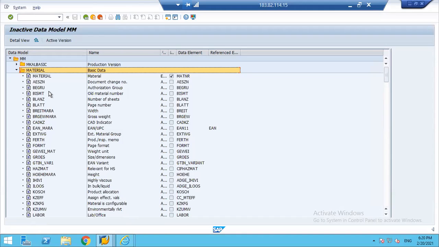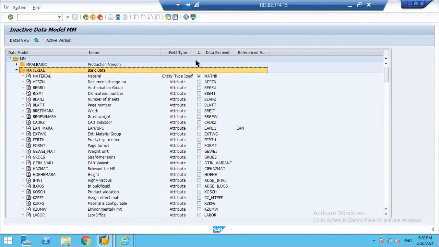Yes, sir. MARC star, it starts with MARC. I don't remember exactly, but the core entity for plant is MARC basic. MARD, right, for storage. I'm saying plant. Oh, plant is MARC. Okay. Yeah, for storage, MARD. Yes, so the core entities need to be remembered, and if you have a very good memory, you can remember all the entities,